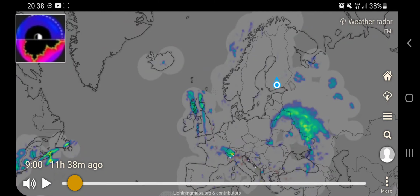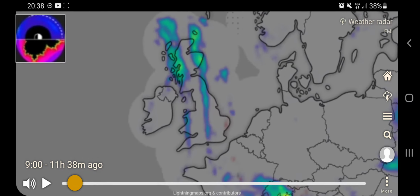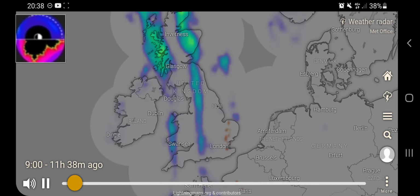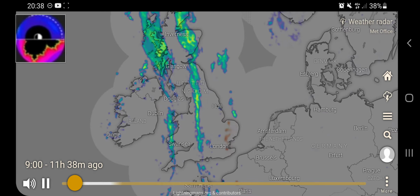Hi. So that's basically the video I was thinking about doing earlier, but we had this volcano, La Palma, going off. I noticed this area here earlier,